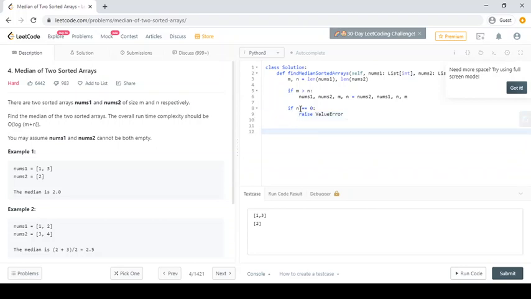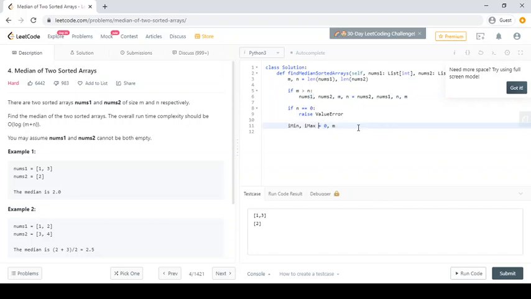Now we are looping through the first array and dividing it into parts, and then we calculate the corresponding index for the second array. So we'll create some variables, because the index in the first array can go from 0 to the max value, which is m for the first array, since we switched.